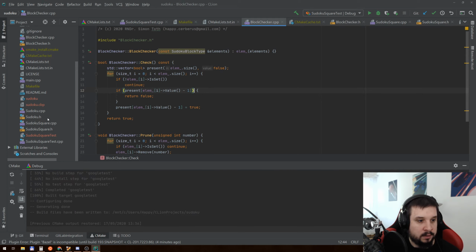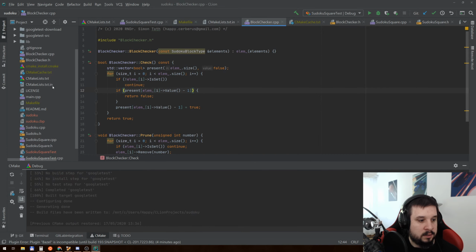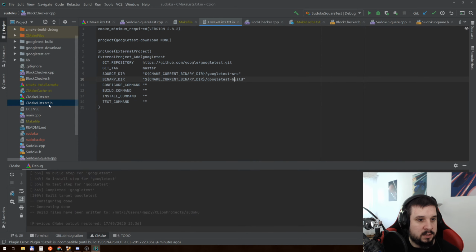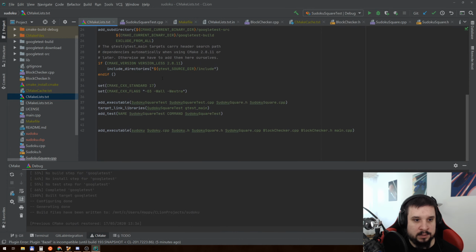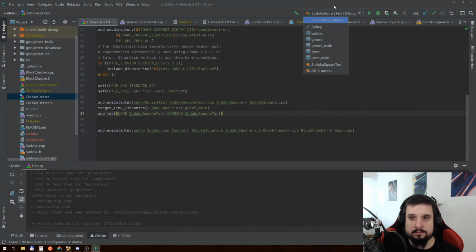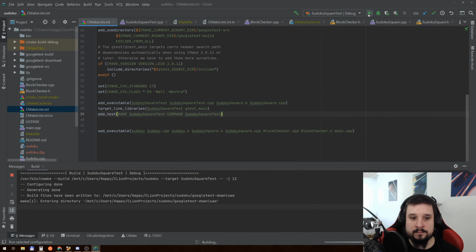I did one thing offline because I wasn't sure how long that would take. I integrated Google Test into our project. In the end it was actually pretty straightforward. There's basically a file that you just copy from the Google Test documentation, and then a bit of code to set it up and integrate. Adding tests is basically adding an executable, linking it against the test main, and then registering it as a test. And I'm using CLion, so it actually pops up here as a test, and I can just compile it